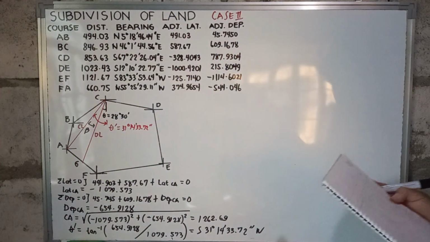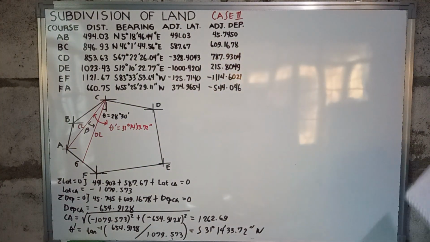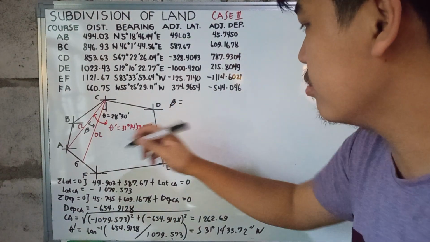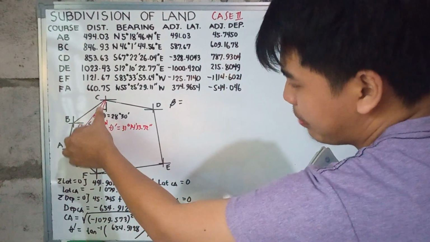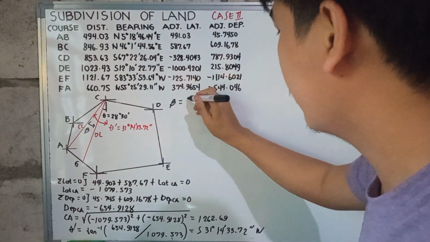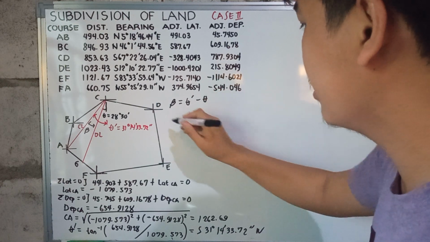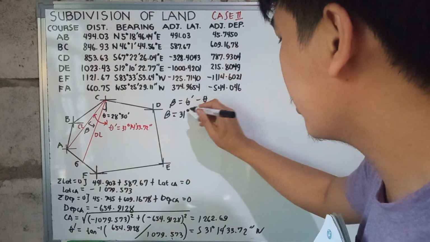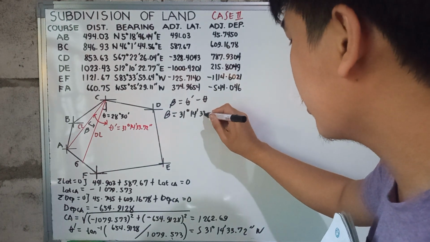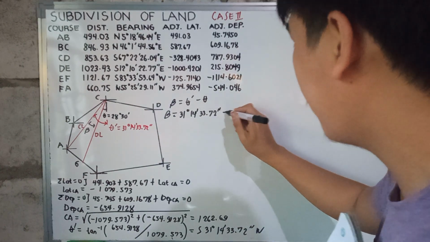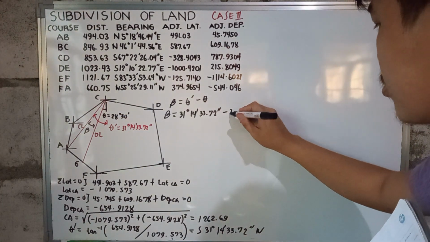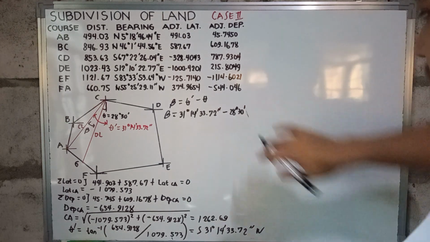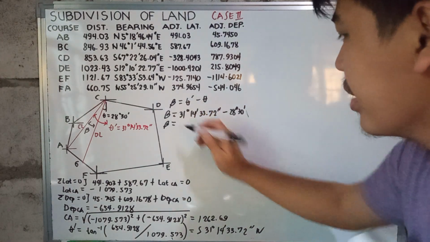So, para makuha natin si beta, beta is equals to, mapapansin nyo, theta prime minus theta. Beta is equals to, the value of our theta prime is 31 degrees, 14 minutes, 33.72 seconds, minus theta, which is equal to 28 degrees, 30 minutes. So, beta is now equal to